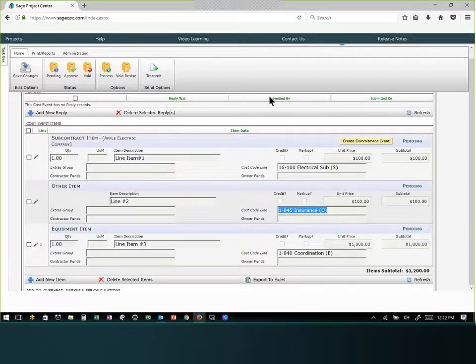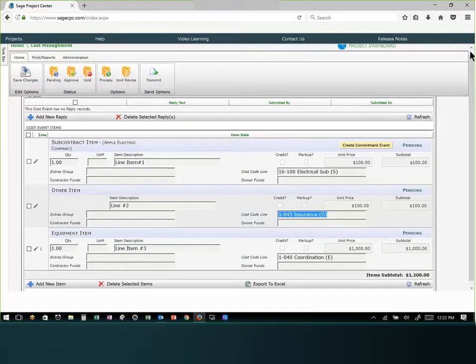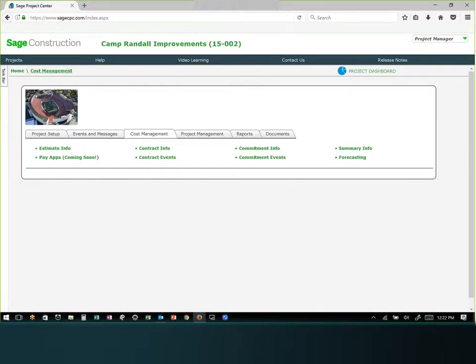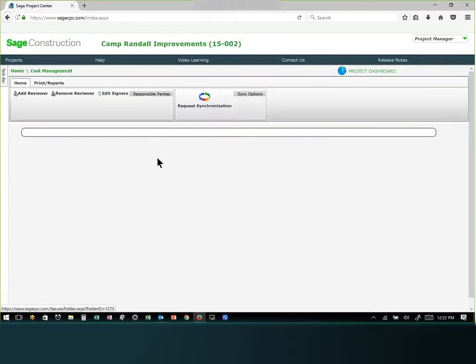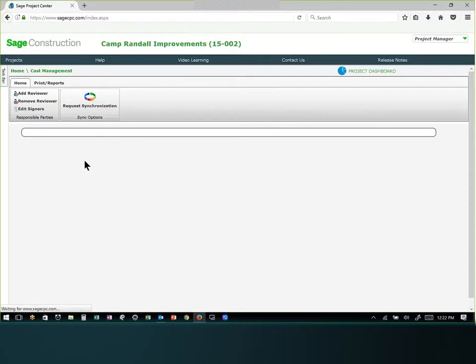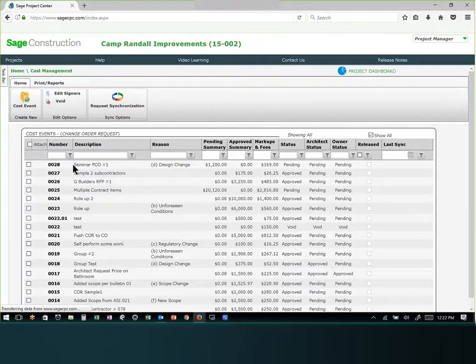So I'm going to go back and show you where this is listed now. If I go back to cost management, go to contract events, we went from the PCO to the change order request. So now if I want to see this change order request, here it is, number 28, seminar PCO number 1 for $1,200 because I added the money to it with $169 of markup. I'm going to click on here